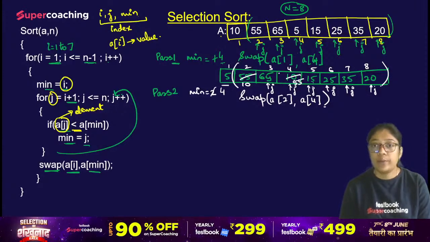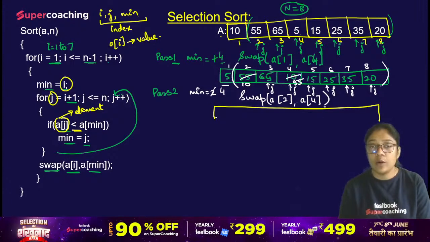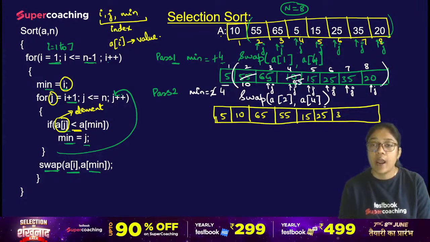So this way we'll be doing the swapping. Now by this time, if you observe here, it's the same array. Okay, उसी में हम लोग swapping कर रहे हैं. So by the end of pass 2, we are having 5 and 10. 65 remains as it is. 55 was swapped. 15, 25, 35 and 20. अगर समझ में आ गया तो मैं सेम एरे में अब इसके बाद चेंजेस करूंगी. Now in the pass